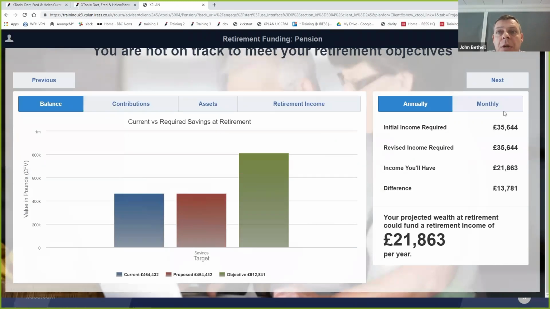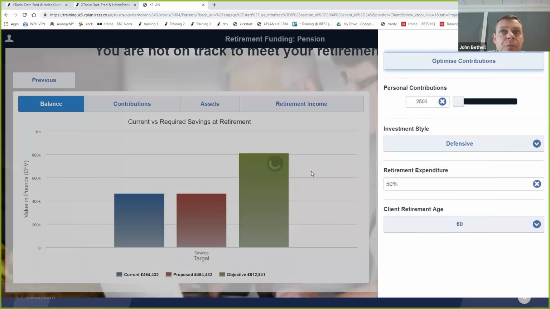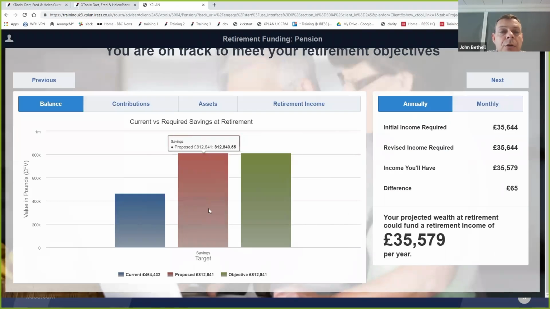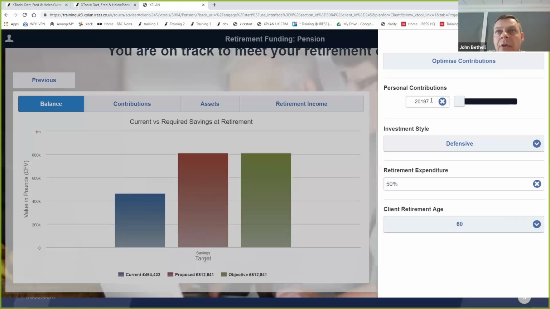So you can have a discussion about what that means to your client. I can then go into the strategy and I can optimize the contributions. And that says, actually, Mr. Client, you need to contribute some 20,000 a year to your pension to make the grade. Well, if it's only on a 50,000 salary, that may not be achievable. You then have that discussion with the client, and the client says, actually, do you know what? I'm only prepared to contribute £5,000, but actually I thought retirement at age 60 might be a bit of a dream. I'm happy to go to age 65.